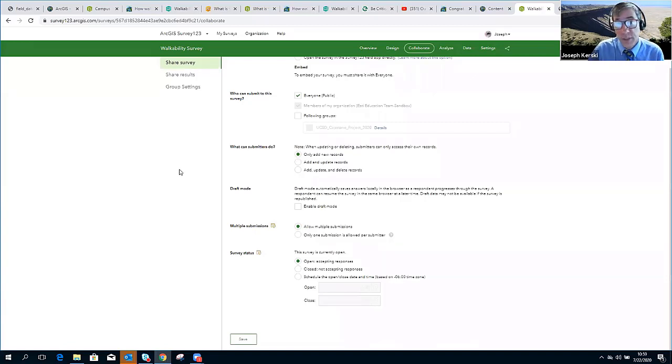Now, there may be instances where you want to do that. You've got a close working group of collaborators, but here I'm going to share this with the general public. I really don't want someone to be able to go in there and delete my points or your points. Okay,